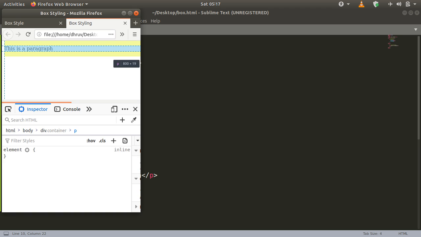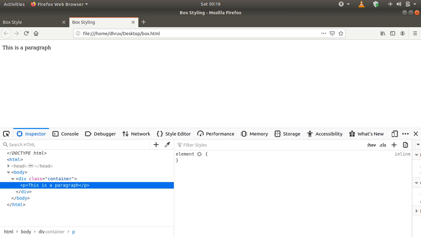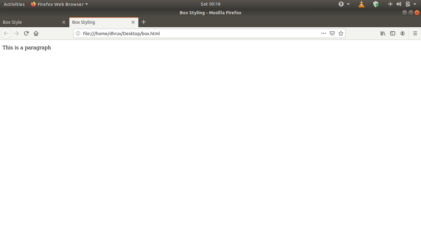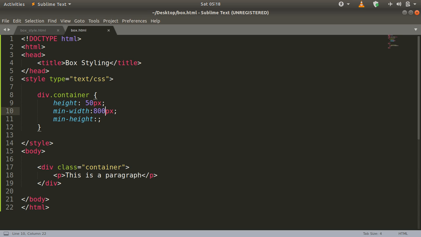Just go to inspect element, and you can see this box continues till a certain amount. You can see this scroll bar here. So what it does is it basically sets the sizing of a box or the content inside the box when we change the size of our web page.